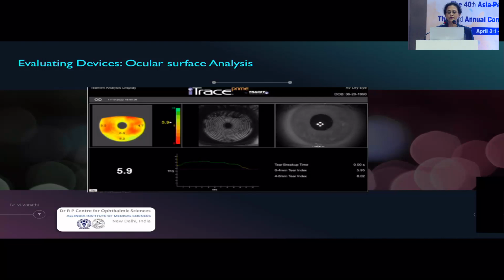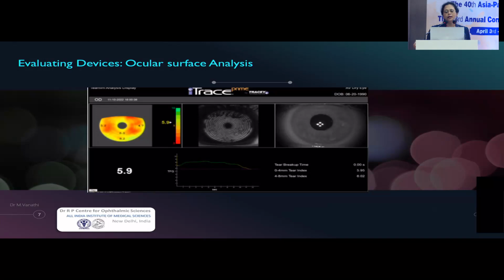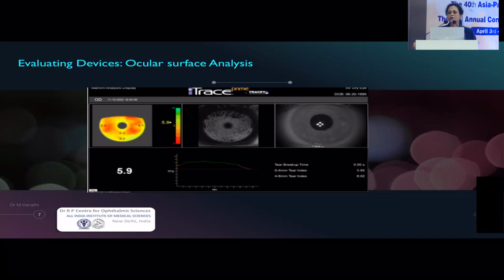So when you use evaluating devices, I think keratometry has a very imperative role in the amount of astigmatism which you are estimating, and also in the calculation of the spherical power of the intraocular lens which needs to be implanted. So evaluating the ocular surface is a very imperative process, and most of these patients, being elderly, postmenopausal women, having other associated diseases like rheumatoid arthritis, Sjogren's, and if their ocular surfaces are compromised, that's something you need to optimize and evaluate